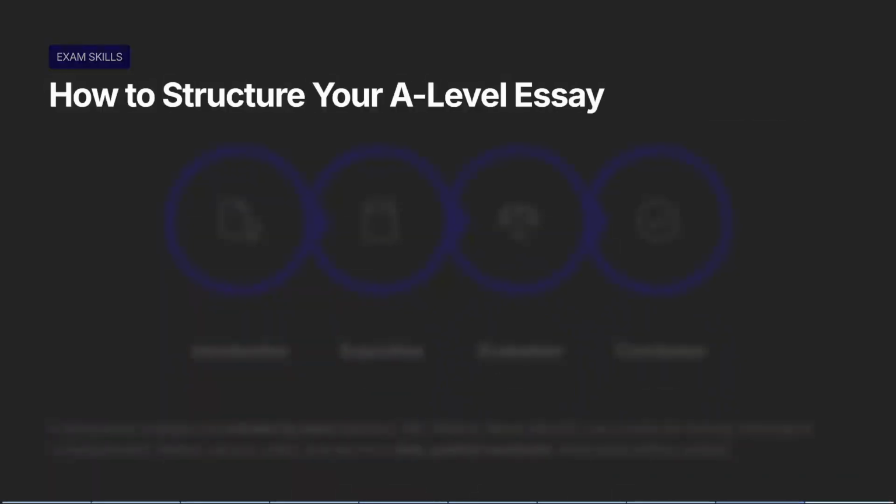So how should you structure your A-level essay? For all A-level religious studies students and philosophy and ethics, these topics frequently appear in exam questions. So when writing an essay on utilitarianism, it's important to follow a clear structure. It's also worth noting few, if any, exam boards have ever given a clear structure for how to write your essays in exams. They're really just looking for the key ingredients. So it can be helpful, however, to have a structure.